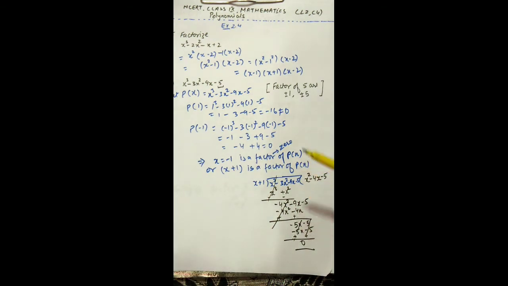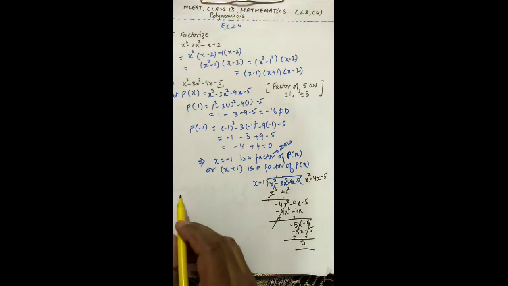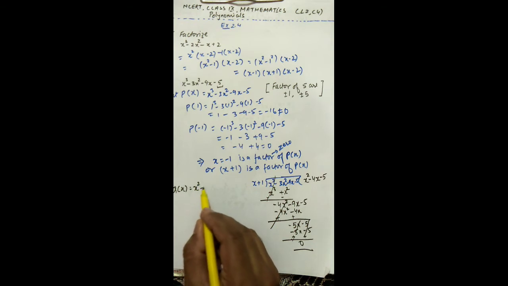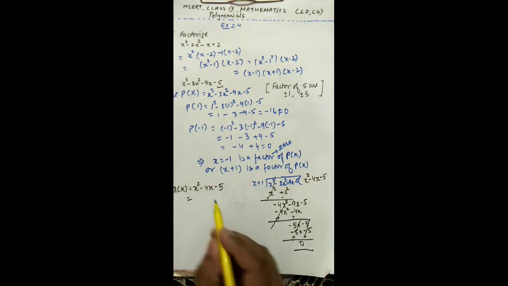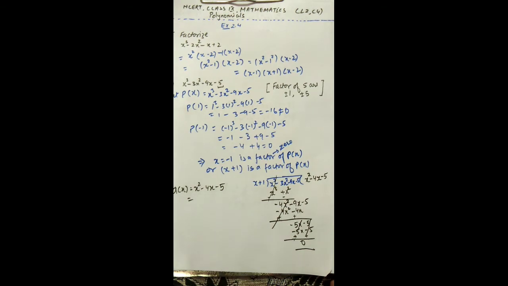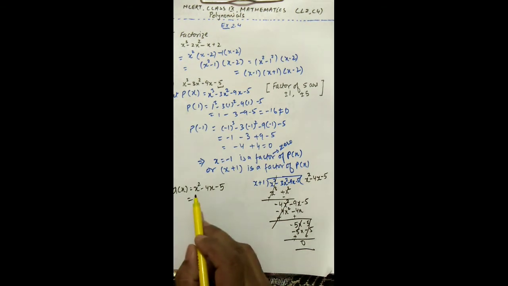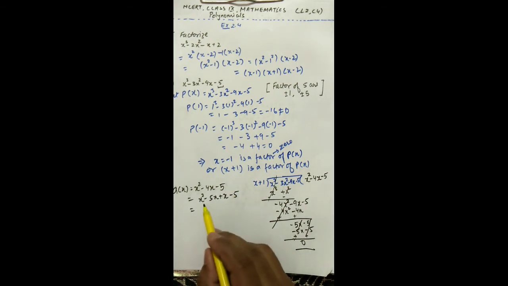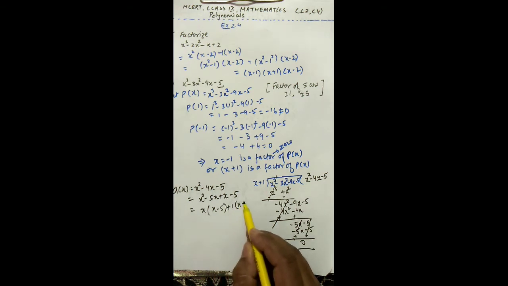You always make sure that when you follow this hit and trial method, when you divide the given polynomial by one of the factors, your remainder must be 0. If it is coming 0, it means your long division is correct. Now we factorize that, we will write that quotient as q(x), which is x square minus 4x minus 5. Now this x square minus 4x minus 5 can be factorized using the splitting method. So I am using the splitting method directly. You can write this as x square minus 5x plus x minus 5. Now from here you can take x common, so x minus 5. From here you can take 1 common, so x minus 5.